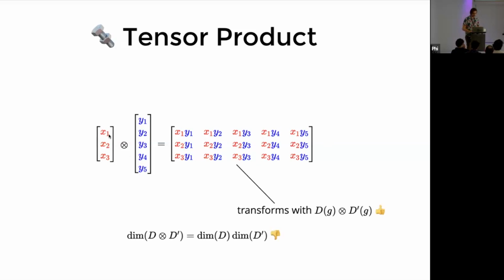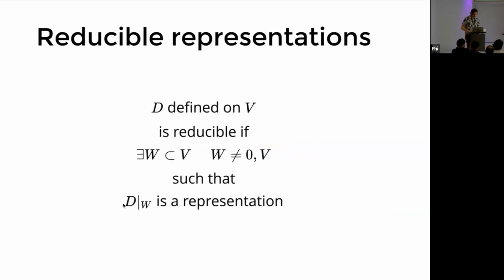So if this is a vector you use to featurize your layer in your neural network, and you have another quantity, if you just use tensor products like that, you increase the size of your features indefinitely. So that's a downside. But there is a solution. The representation you get